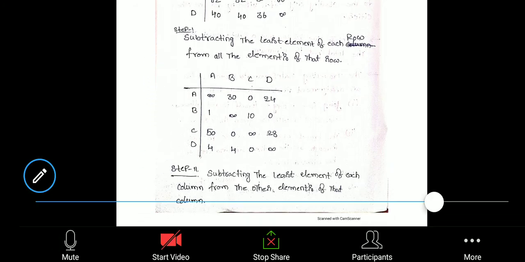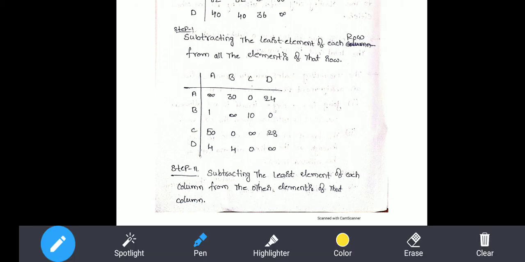Now you can go with the column wise. In the column wise also, you can consider whatever result you got in the first step. By using this, you need to go with the consideration of column wise. You can go with the second step. In this second step, our consideration in the Hungarian method is column wise. You can verify the column wise, which is the least one, 1. So 1 will be the least element.